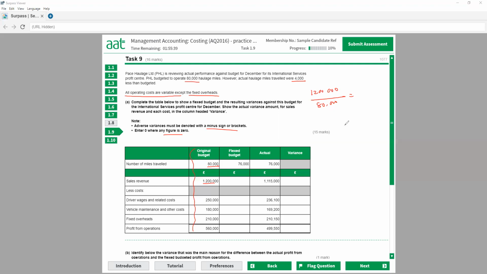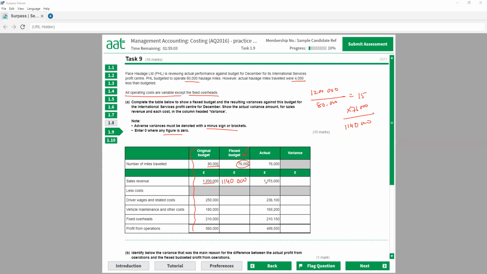That is 15, and you have to multiply this 15 with 76,000. That is the actual mileage, and that will tell me my revenue should be that. My revenue should be 1,140,000. So what we understand from here, based on my plan for 76,000 mileage, my sales revenue should be 1,140,000,